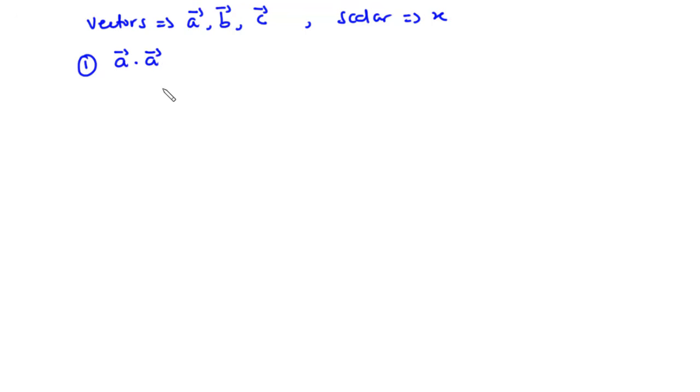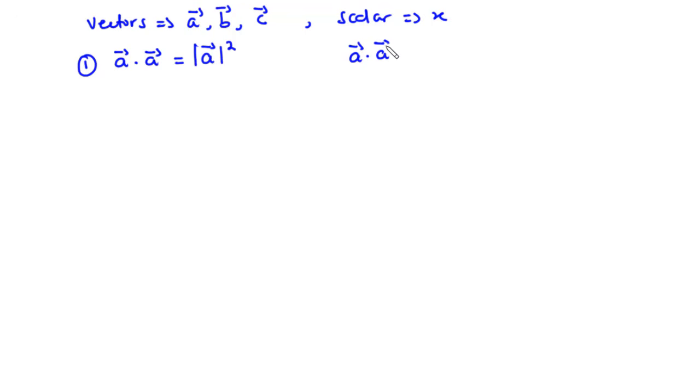Given that A, B, and C are vectors, and X is a scalar. Then 1. The dot product of a vector, say A, and itself is equal to the magnitude of vector A squared. Now to prove this,